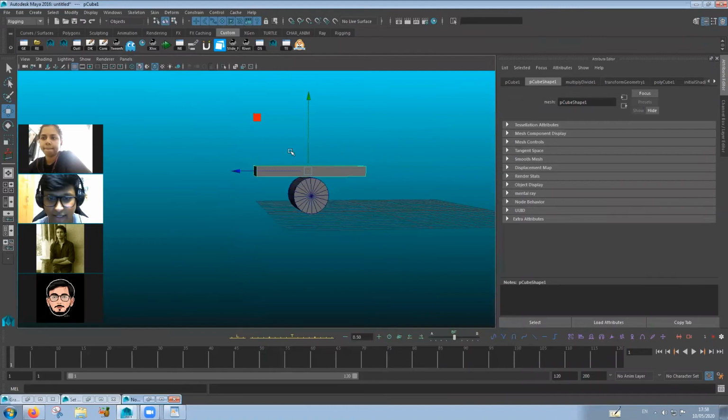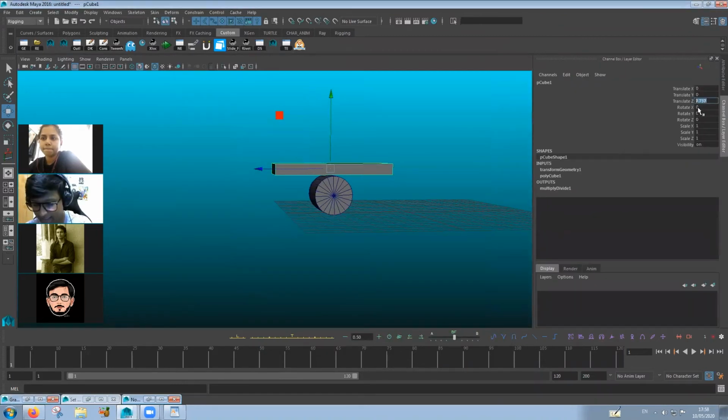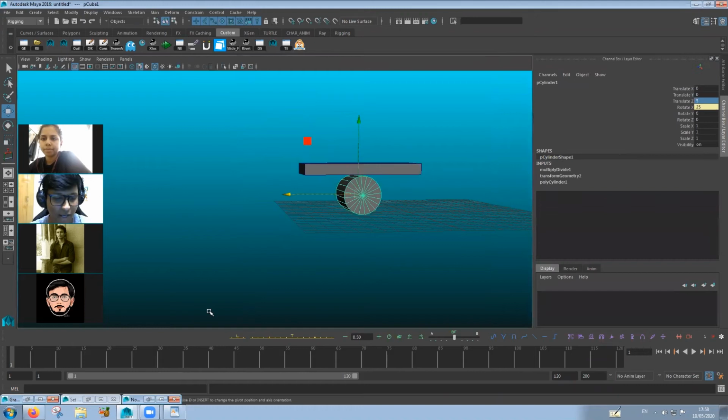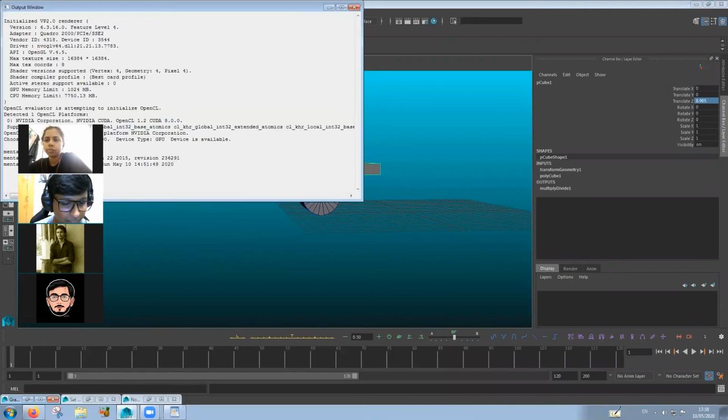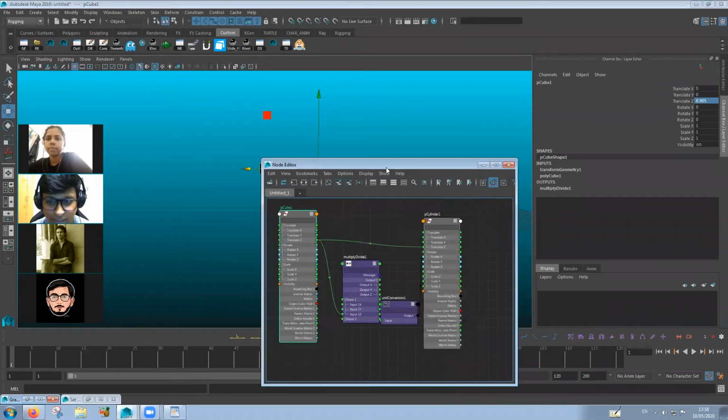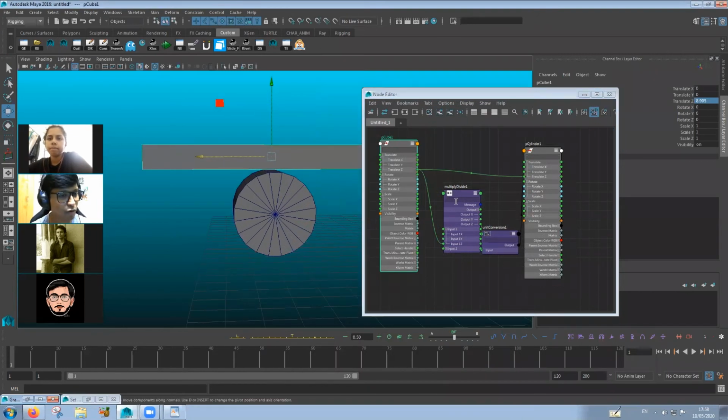Now if we multiply, let's say 5. Okay, we move this 5 units. All right, now it will be 25 because we gave the multiply divide unit a value of 5. So 5 multiplied by 5 is 25. So for every 5 units, it will go 25 units. See, now it's improving. Okay, whatever value you give it, the multiply divide node will multiply it by the number you've given it and then transfer it to the x-axis of the wheel. So simple mathematics, but all you need to understand is how you're going to put the values in.